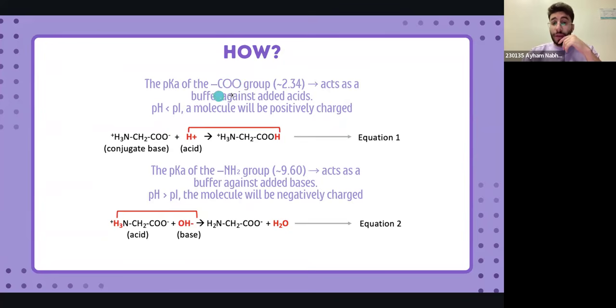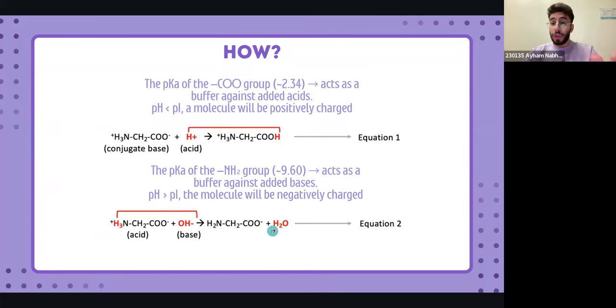We said that the carboxyl is going to act against added acids, right? Right. So once we add an acid, which is a proton, it's going to be added to the carboxyl, making a compound. Once we add a base, it's going to be added to the amine group, making water, just to neutralize